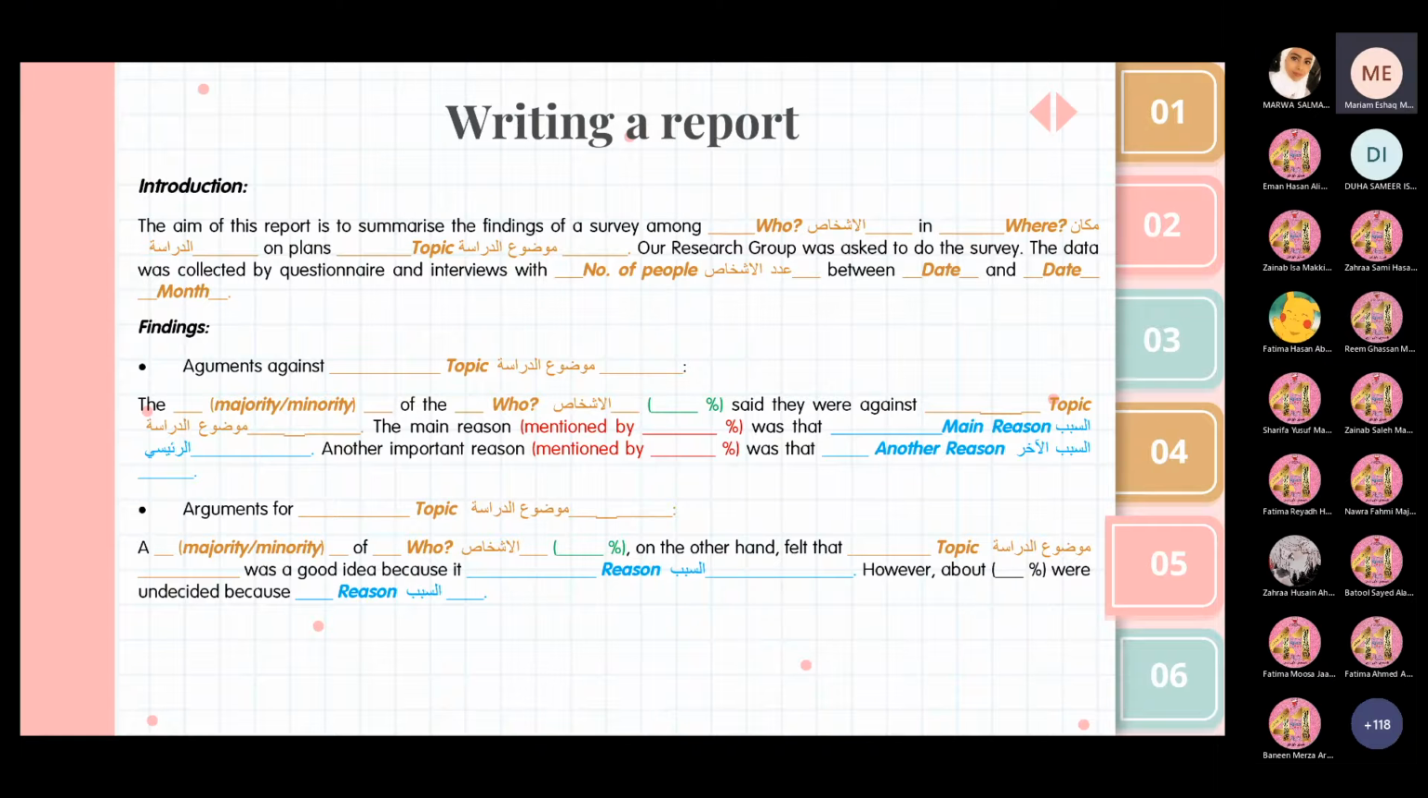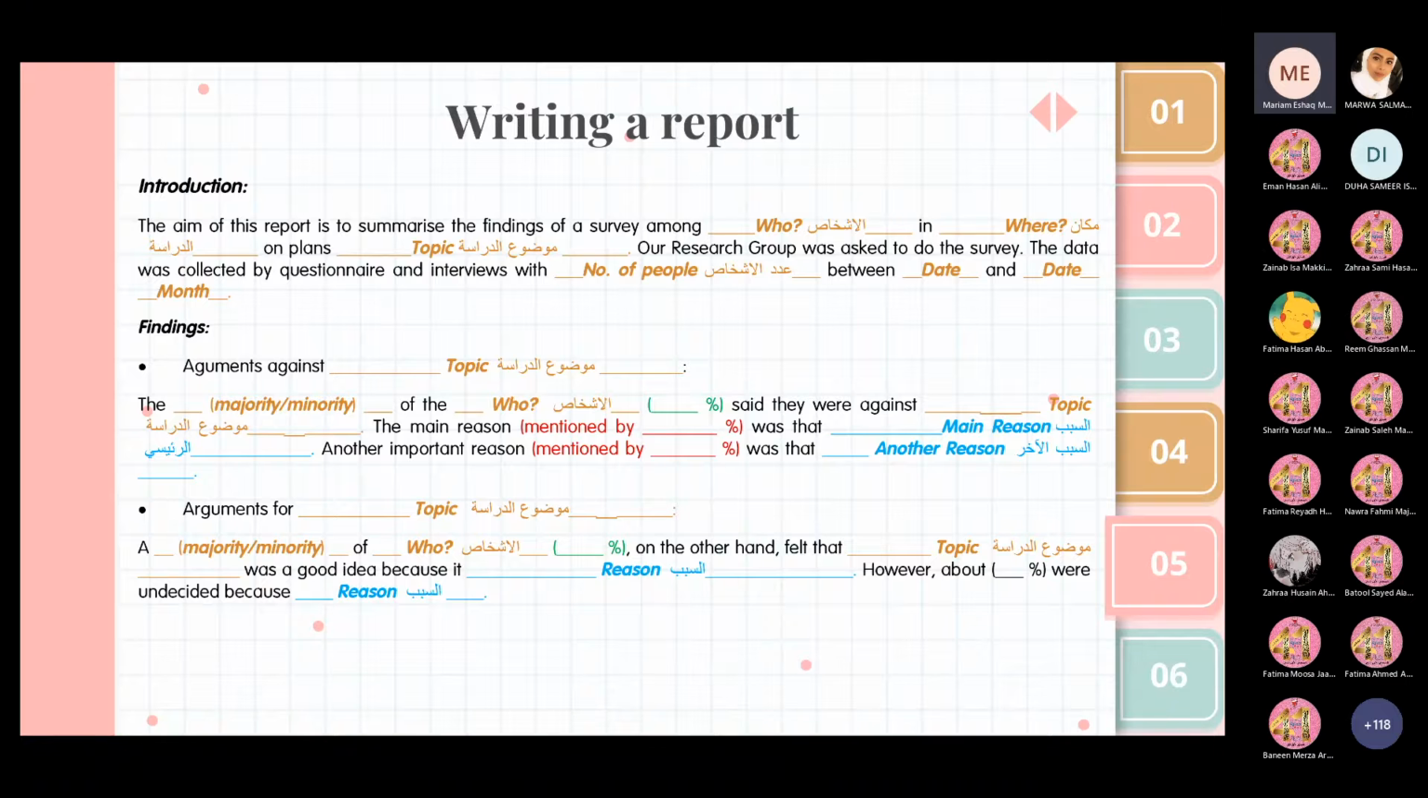Okay, so we are going to write the paragraph of the arguments for, and then again you write the topic, which is building a shelter for stray dogs. So a minority, 20% is a minority. So we're going to write a minority of local people, and we're going back to the study that shows that 20%,